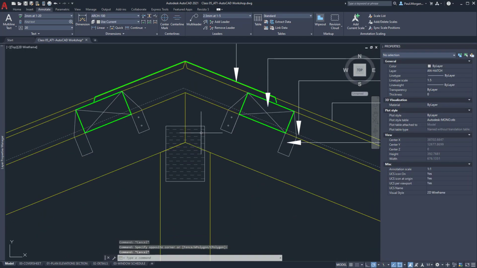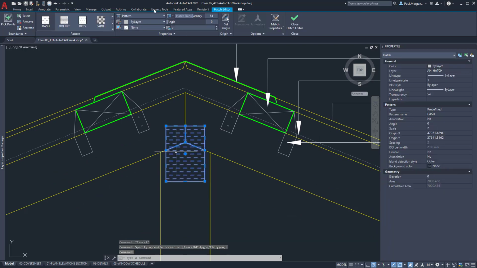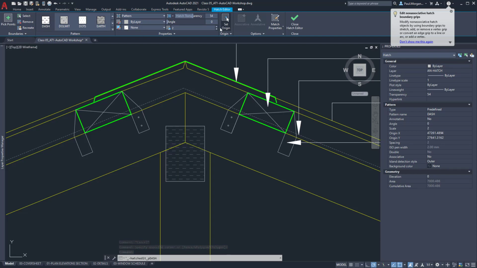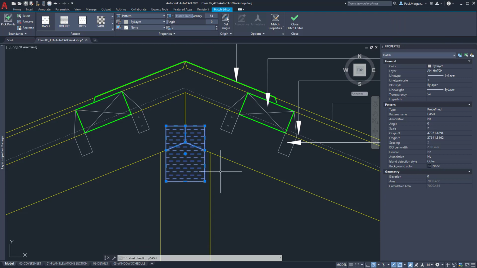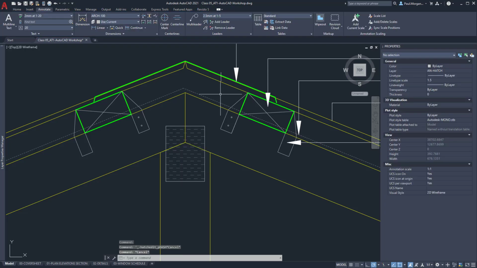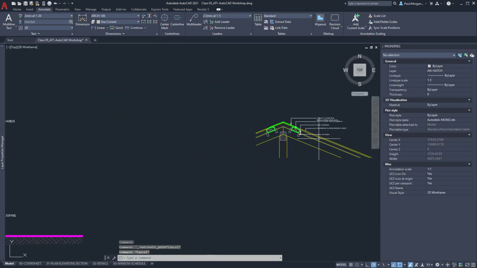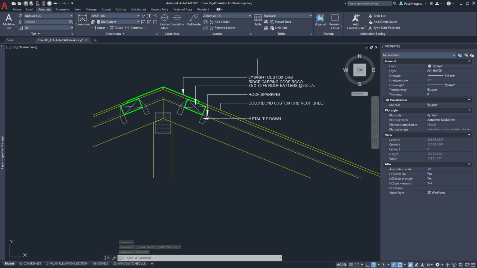The nail plate here is a hatch pattern, so this rectangle here has just got a hatch pattern in it, and that hatch pattern is just dashes that are staggered, and then you can see on my ribbon the type of settings that I've applied to that hatch pattern. Again, it really is what looks best and what is best fit for purpose. You've got your dash lines that denote your damp-proof course or your